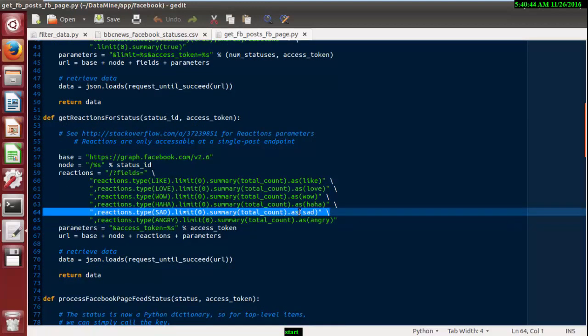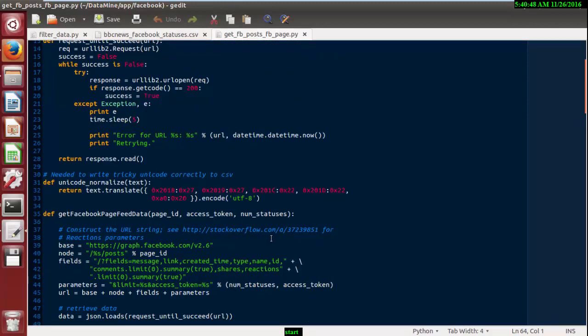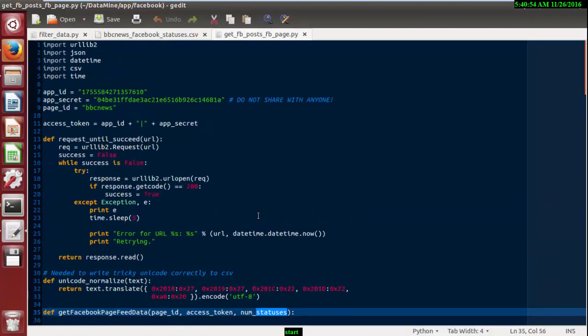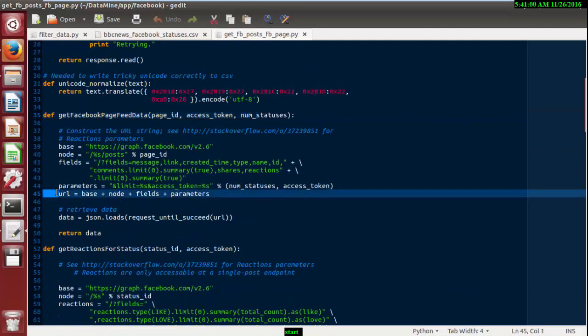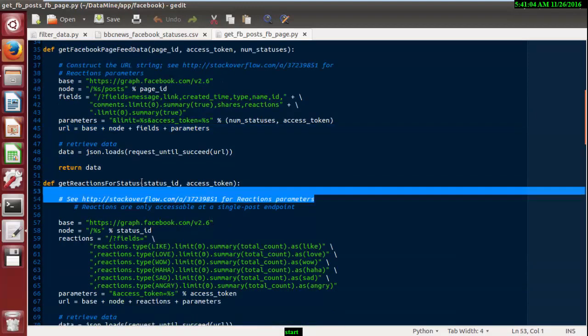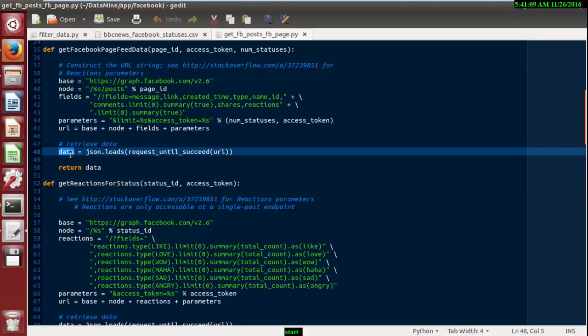I hope BBC News won't mind. And the num status, that thing I will discuss with you later on. With the help of the URL, your data is being retrieved and stored in a data variable, which is an array.